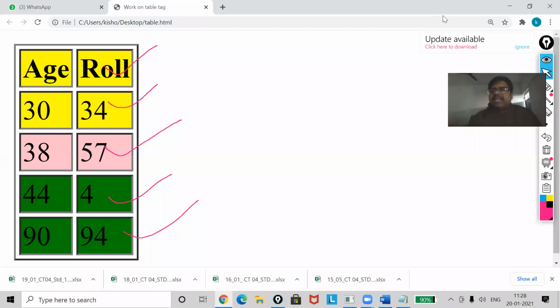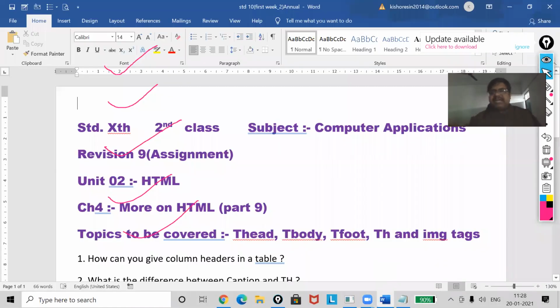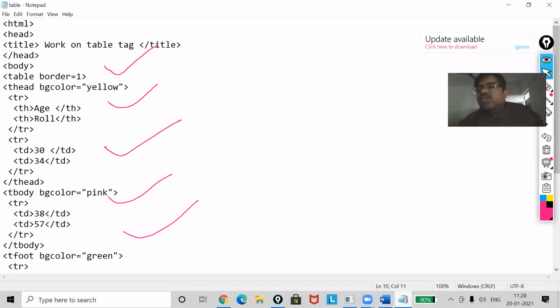Now, the last part, that is the IMG tag. Yes, IMG. When you want to insert an image, then in that case you must use the IMG tag. But this is your foreground image. I'm not talking about the background. For the background image, you can go for your body tag, then you can use the background attribute.